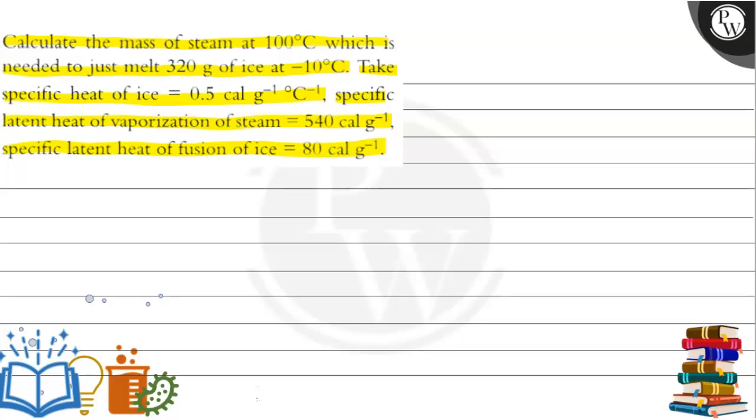calorie per gram. Here the key concept of the question is specific latent heat of fusion and vaporization. So here the mass of steam at 100 degrees Celsius which is needed to melt 320 gram of ice at minus 10